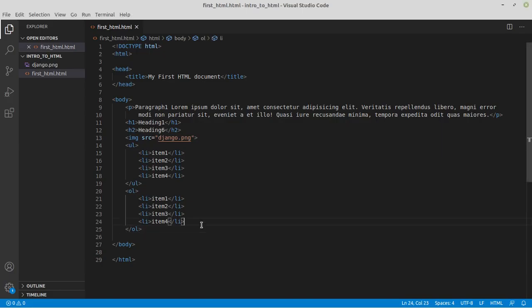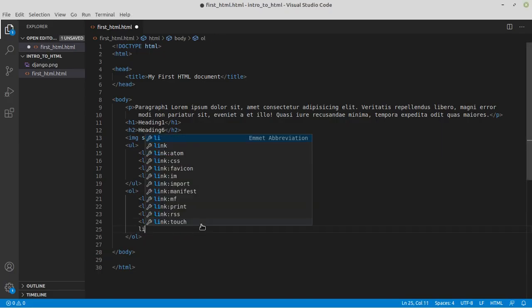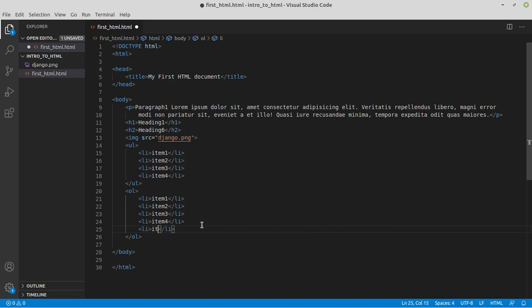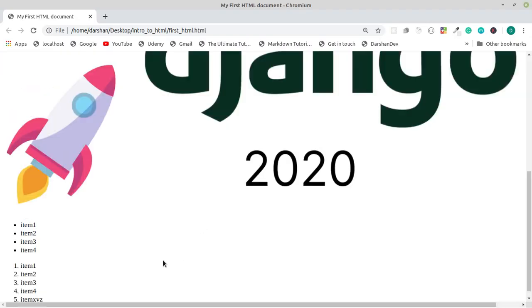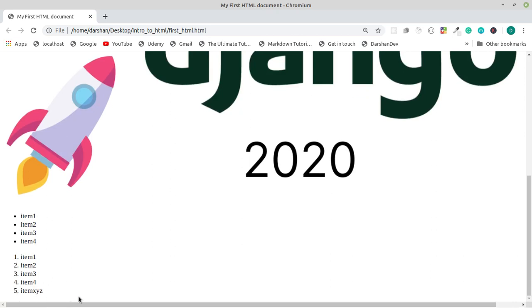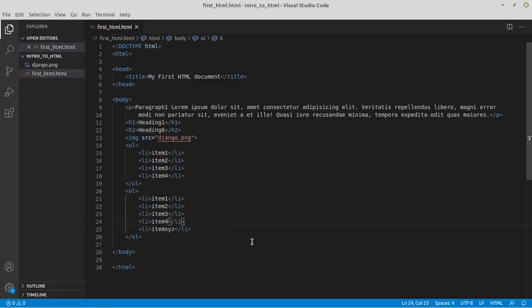Now if you add another list item over here, which is li, and we say it is item xyz, it should give you the fifth item as item xyz. We add a sixth item, which is going to be apple. Seventh item is going to be bananas.